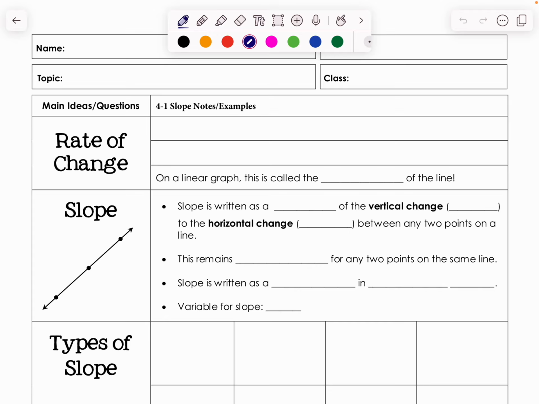This unit, we will be working on linear functions. So we're going to be looking at lines, and we will start with slope. And I know many of you asked when we're doing it. Well, now we're starting it. So slope is also known as rate of change. So that means it's a ratio